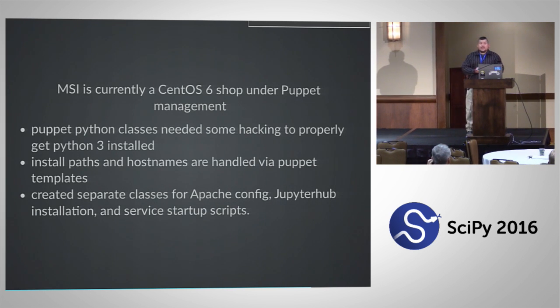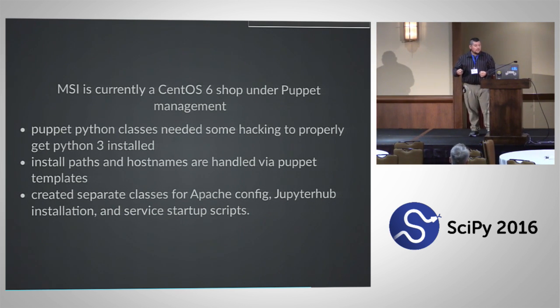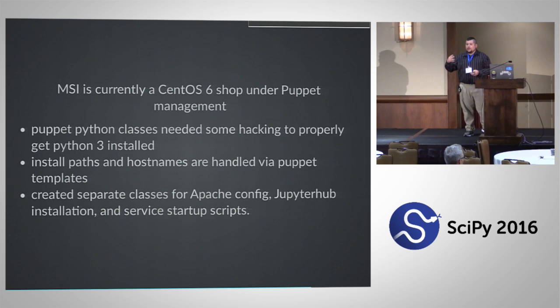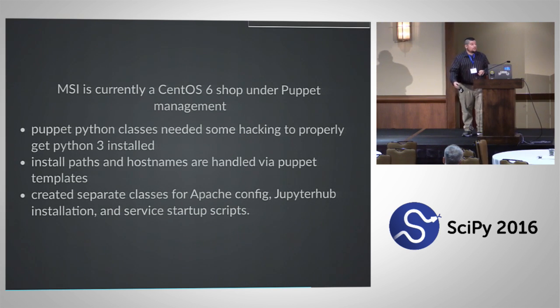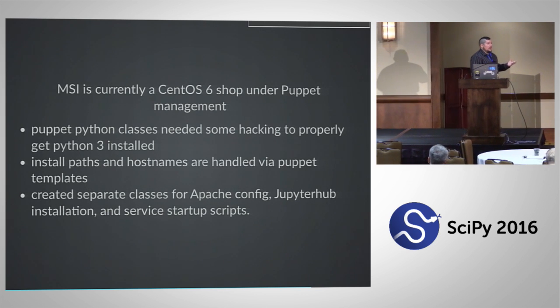But we were able to actually encapsulate everything we needed as essentially just Puppet configuration stanzas. In particular, the JupyterHub install is modeled as a directory that contains a Python virtual environment, as well as a node npm module tree. And that directory has a configurable path. You can erase it and create it again, so it's completely reproducible. And then separately, you have